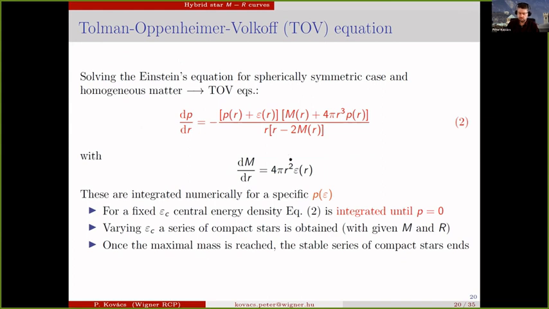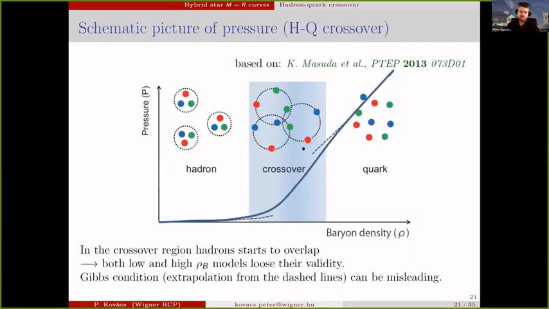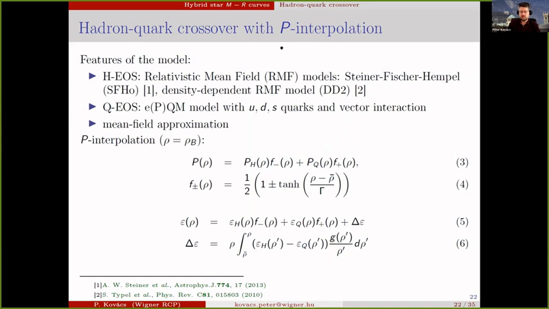Okay, and what we get, so first, sorry, that is the important part, because we calculate only the quark part from our model, and we have to do something because at small densities we have hadrons. So for that we take this hadron-quark crossover approach, taken from this reference. So at low densities we have hadrons, at large densities we have quarks, and there is some crossover region we don't know. We don't have a very good model for that, so that's why we approximate it from both sides, and we connect the two parts somehow. How do we connect that? We connect with this so-called P interpolation.